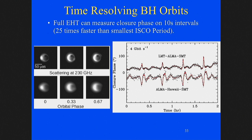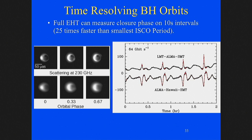So as a function of time over 2 hours, you would expect these peaks as the orbiting blob circles the black hole. What I'm showing you here in the black are simulated points of what we would hope to get on the LMT ALMA Arizona baseline and the ALMA Hawaii Arizona baseline. And this is at 4 gigabits per second. And when you go to 64 gigabits per second, which is where we're headed,